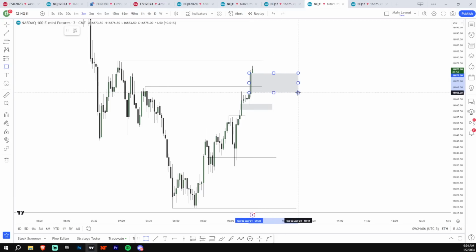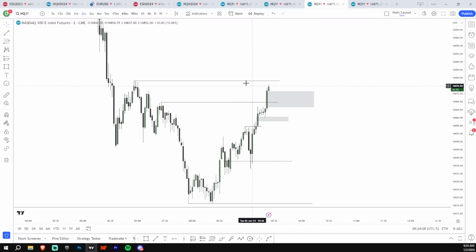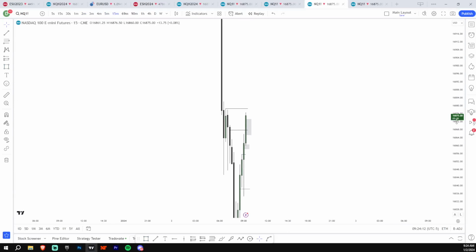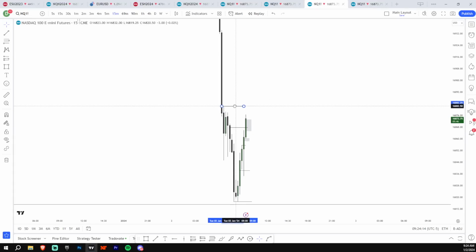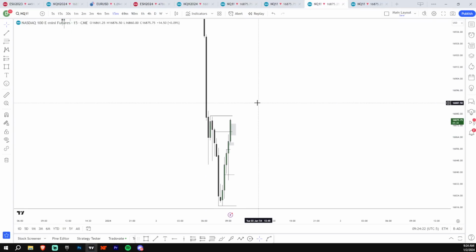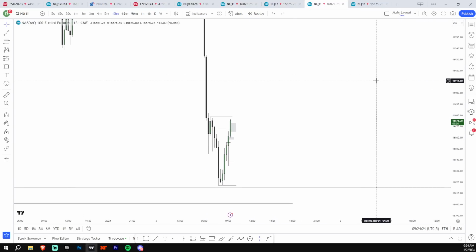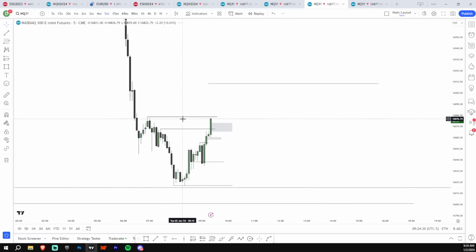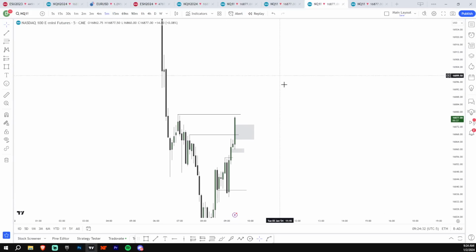Nice displacement here. This should be hit. And the reason why you wouldn't hold runner's pass here is because there's so... actually, you probably could hold top here, but I would do it here. This is fine. There's so much resistance here. You don't know where we're going to reject here, so I just wouldn't even gamble it. You could try to hold one till up here if you want, but I'm not calling any targets up here. The only target I'm calling is this 5-minute high because it's very obvious.